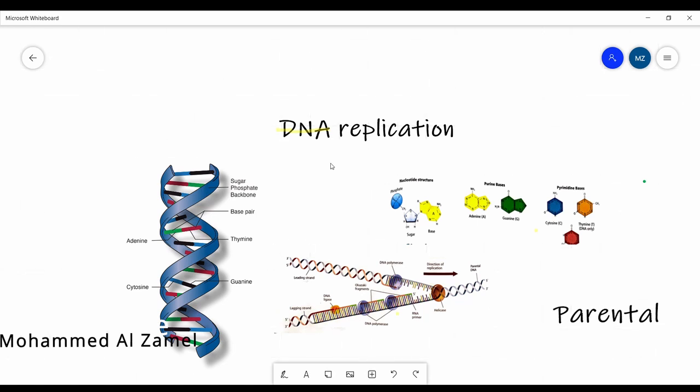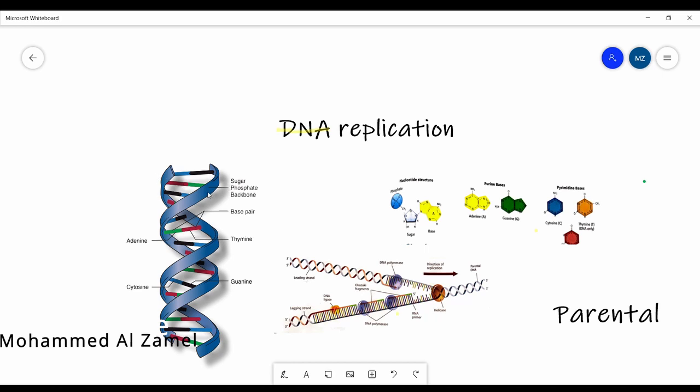Before we talk about replication, we need to know what DNA is. DNA, or deoxyribonucleic acid, is the genetic material of all living things and it has the structure of a double helix. This structure was proposed by Watson and Crick, who also proposed the method of replication, which is the semi-conservative replication. As you can see here, the double helix has two outer strands and the